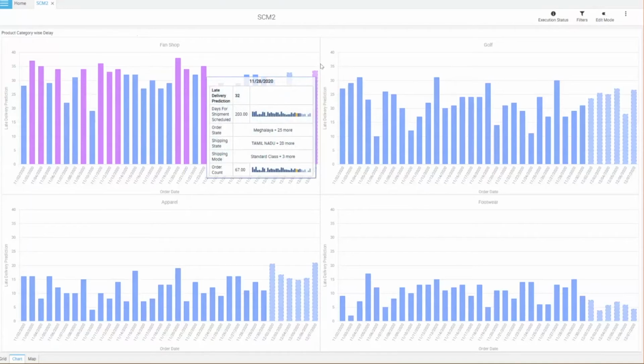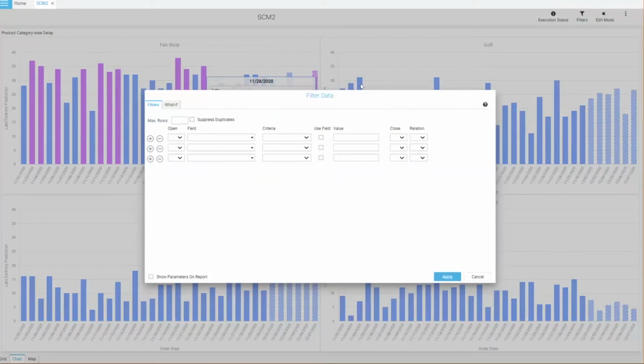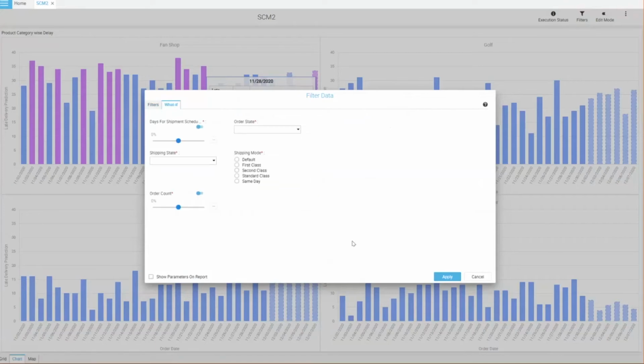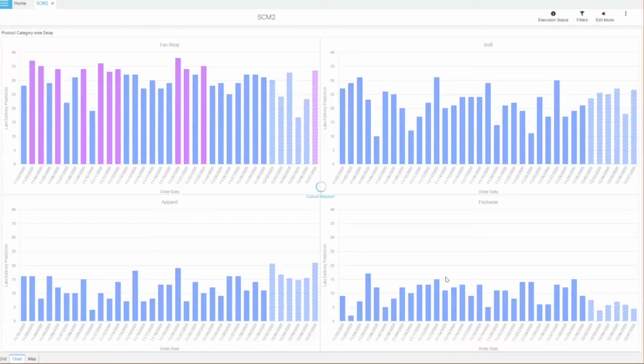So if I want to understand what if I change some of these parameters, for that I use what-if analysis. What if there is a sudden surge of the order placements or order requirement? So let me turn order count up by 60%, apply.